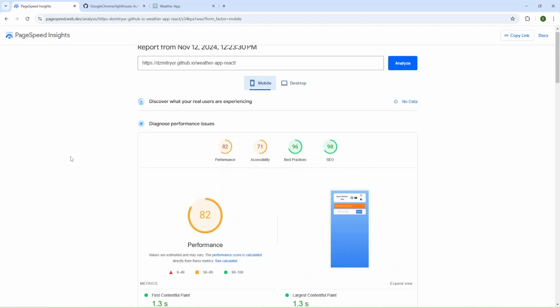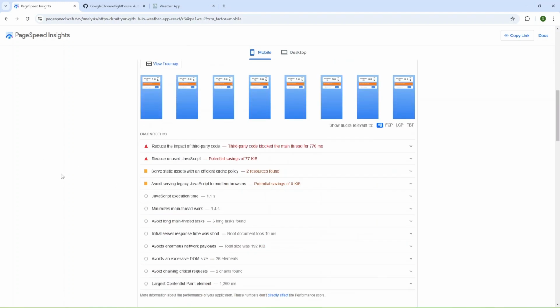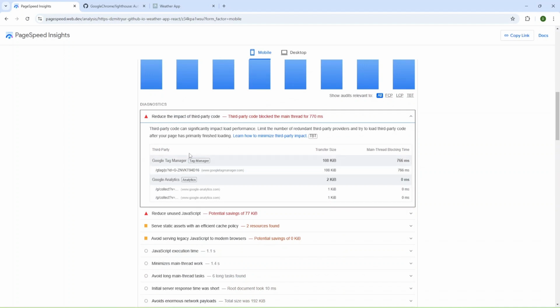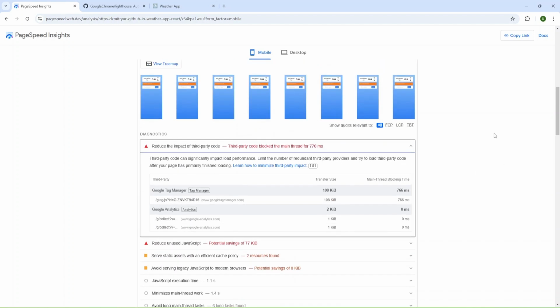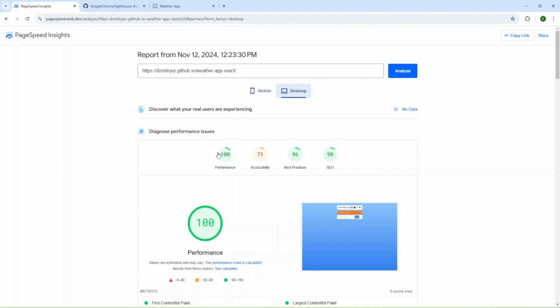You can also check for mobile, and I have quite low scores for performance, but that's because I use Google Analytics, and it adds some scripts, and I probably could reduce them using lazy loading, but I'm not going to do it. My scores are pretty good for mobile and excellent for desktop. So you can analyze your own websites and applications.